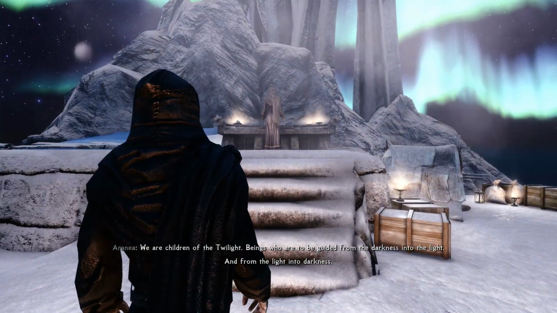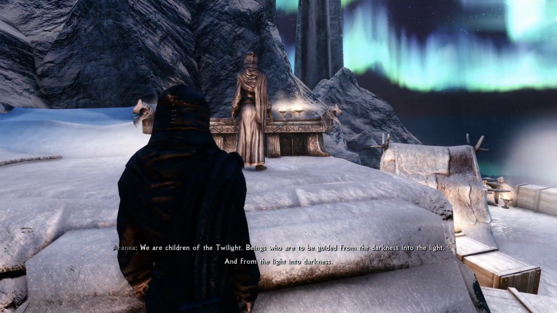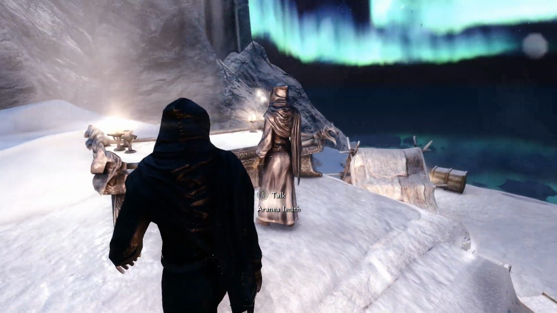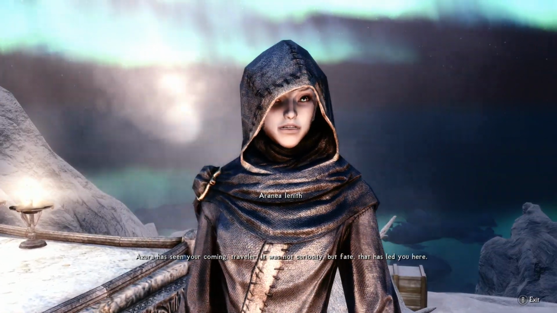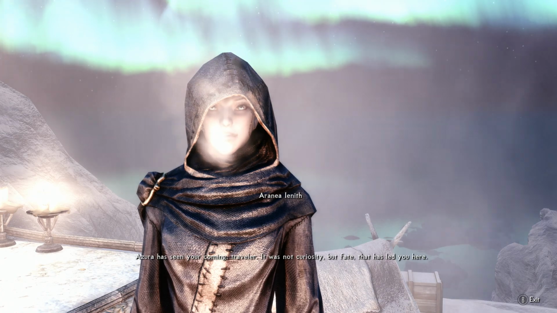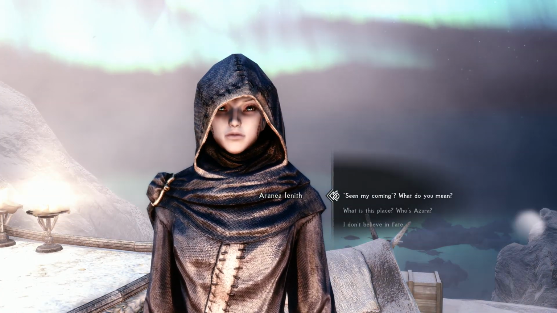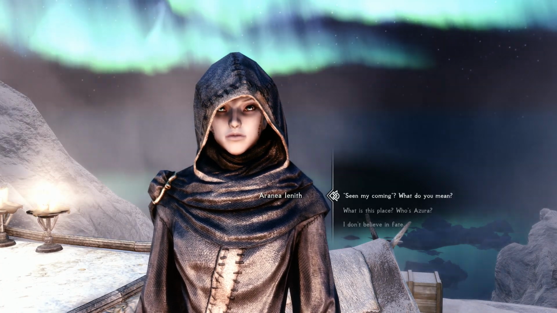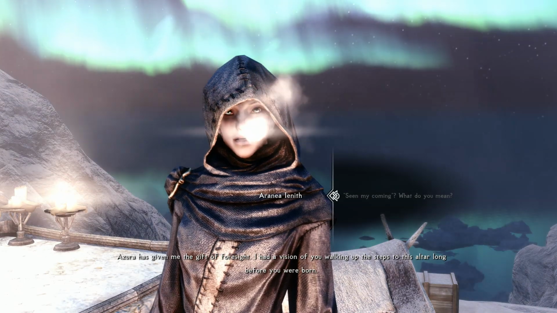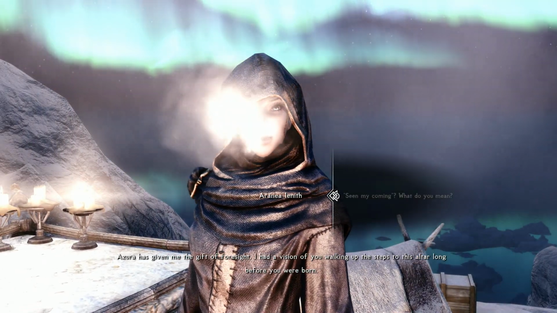We are children of the twilight, beings who are to be guided from the darkness into the light, and from the light into darkness. Hello. Azura has seen your coming, traveler. It was not curiosity, but fate that has led you. Seen my coming? What do you mean? Azura has given me the gift of foresight. I had a vision of you walking up the steps to this altar, long before...